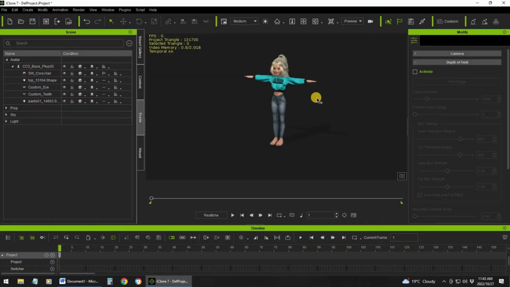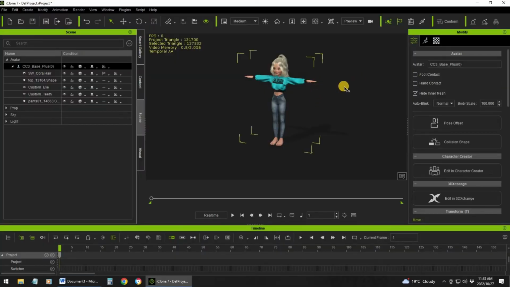So what I do suggest, and I've also created a video on this, is to start out with iClone. If you are new to iClone or new to 3D animation, iClone is for me a great tool to start off with. The reason for that is, first of all, the user interface is very neat, tidy, and easy to get to what you want to do. For instance, I've got a character here in front of me, so let's click on it.